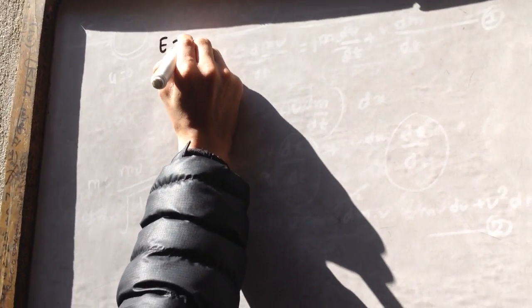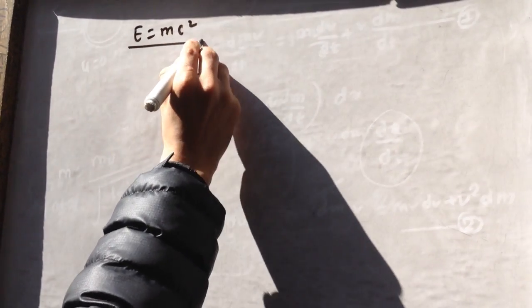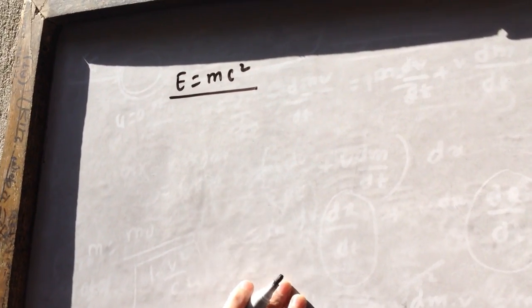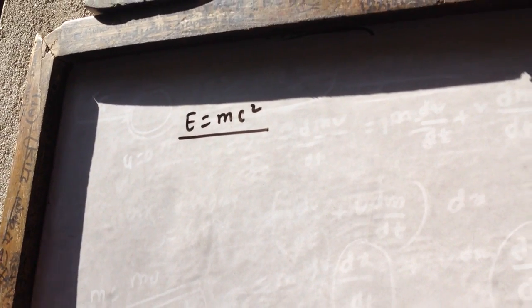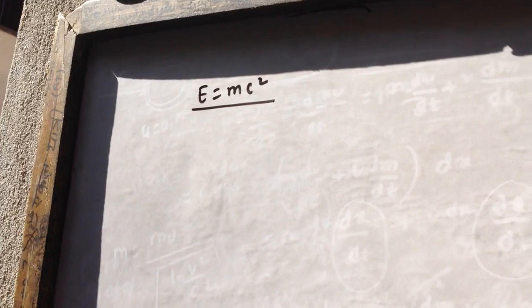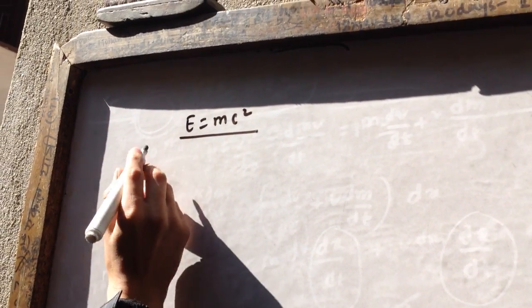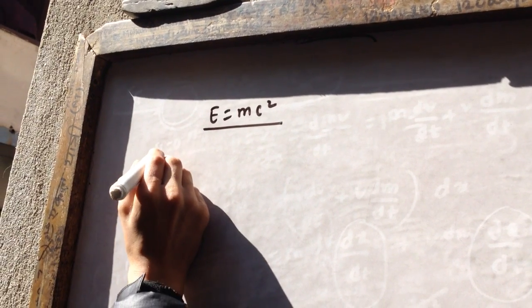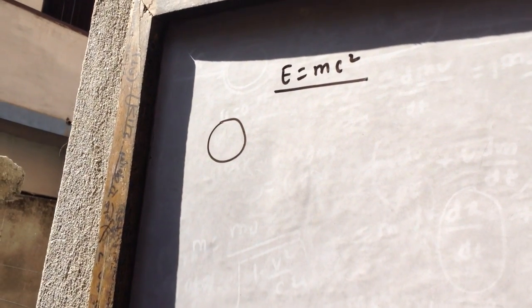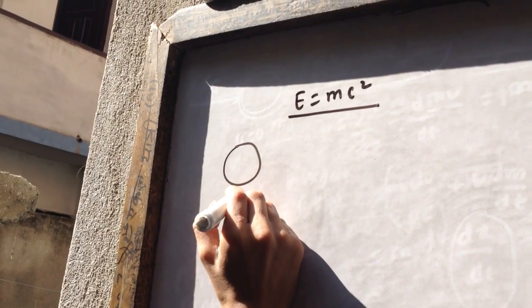E is equal to mc square. This is the most famous formula, and it was discovered by Albert Einstein. And how can this formula be derived? Let's do that. This formula can be derived as follows. Suppose this is any body having the rest mass m naught,